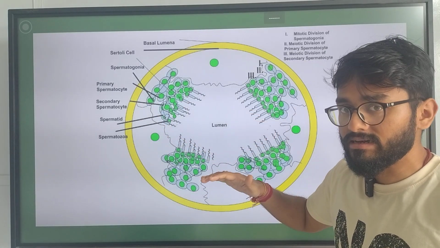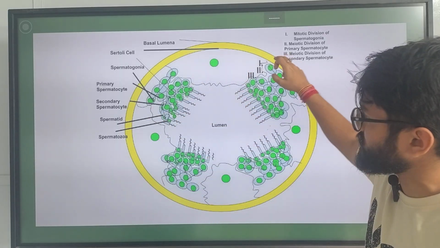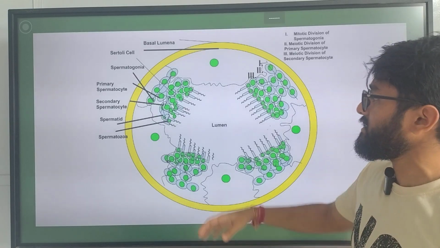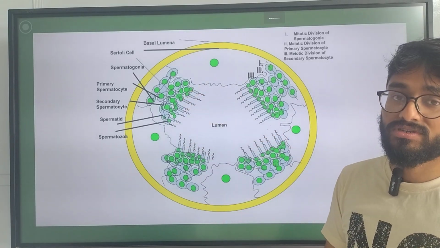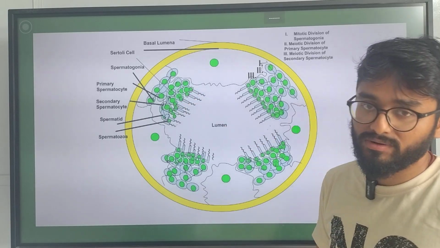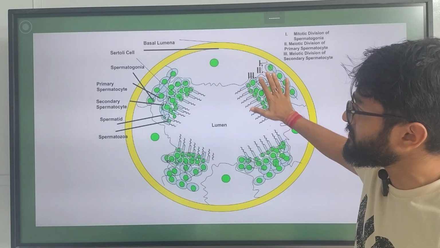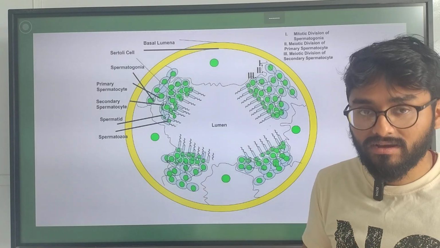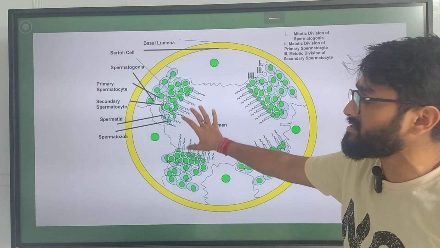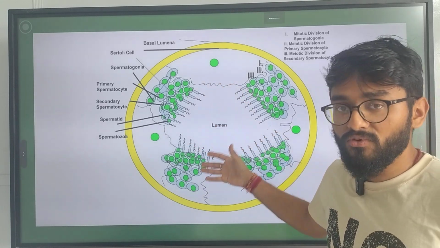From the layer of these sections you will find the spermatogonia, which divides to form the primary spermatocyte, which again divides to form your secondary spermatocyte, which then divides to give you your spermatids in a higher count, and these are developed in these lateral sections of your seminal vesicles,